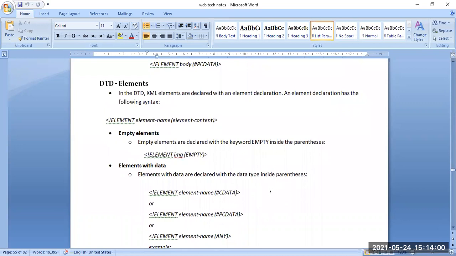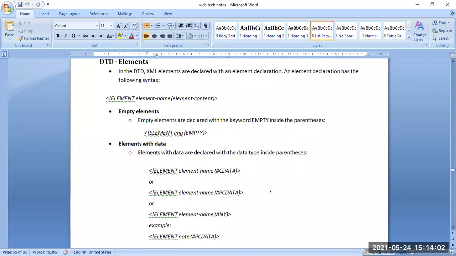Now, considering the DTD elements, XML elements are declared with an element declaration, which has the following syntax. What is the syntax for DTD elements? We can see the element name and the element content. First the name of the element, then the element content.